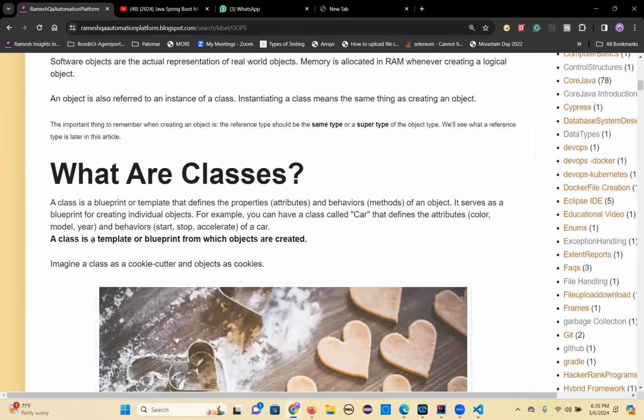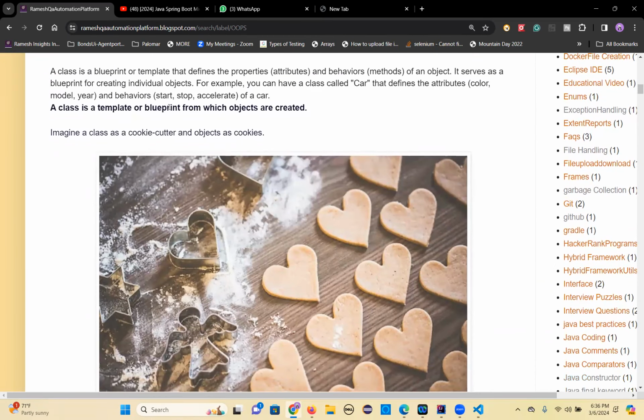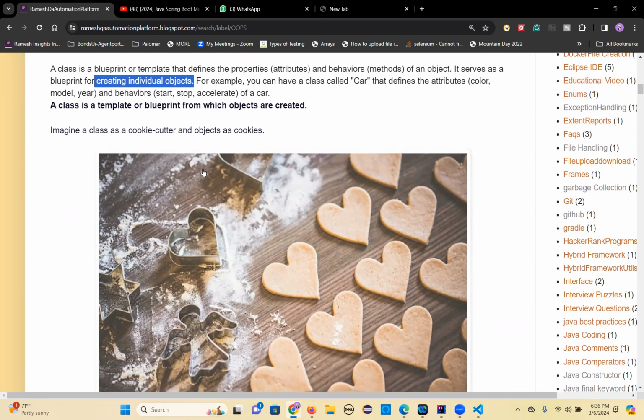Okay. So what are classes? I already mentioned a class is a template or blueprint. So that defines the properties and behaviors of an object. It serves as a blueprint for creating individual objects. Suppose you have a car class, I told you, and here if you see,